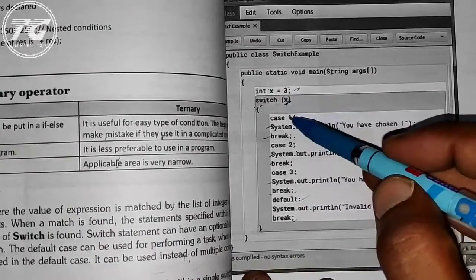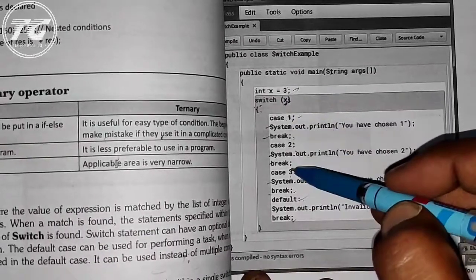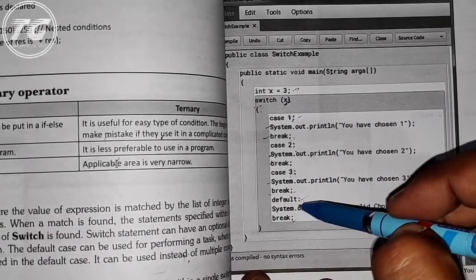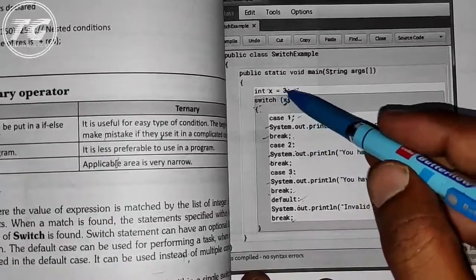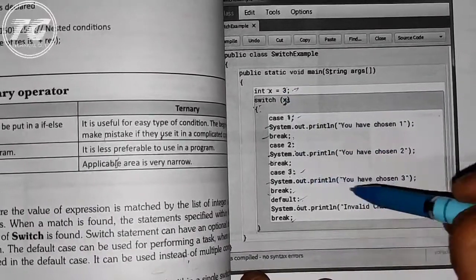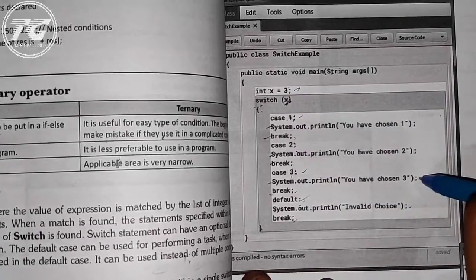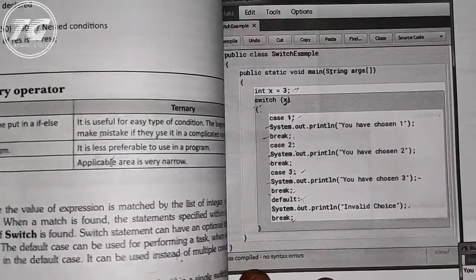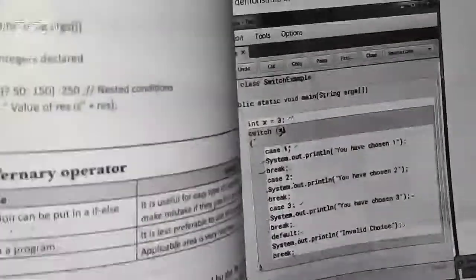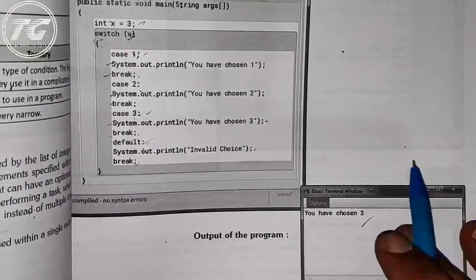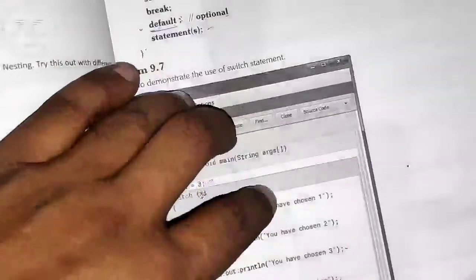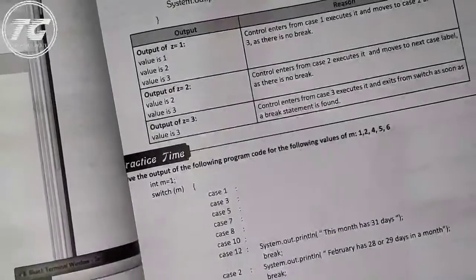If it is not matching with any of the cases, then default will execute. Here x value is 3, that's why it will match with 3, and our output will be: you have chosen 3. So that will be the output of this program. So this is called the switch statement.